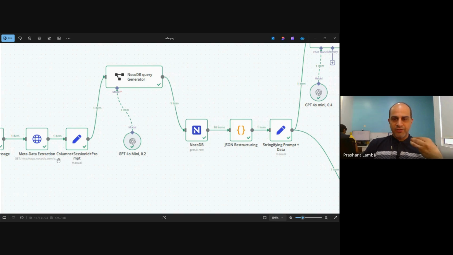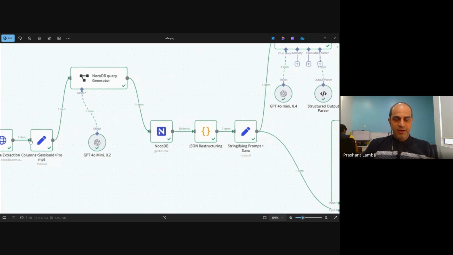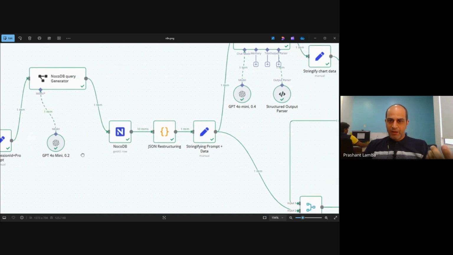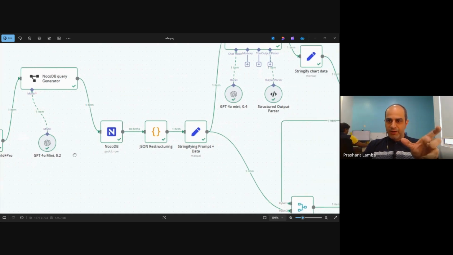We extract the context from it, and we use a different node that will take that input and convert it into a query. Of course, it has to use an LLM, which you connected to it. It responds with an output, a query,